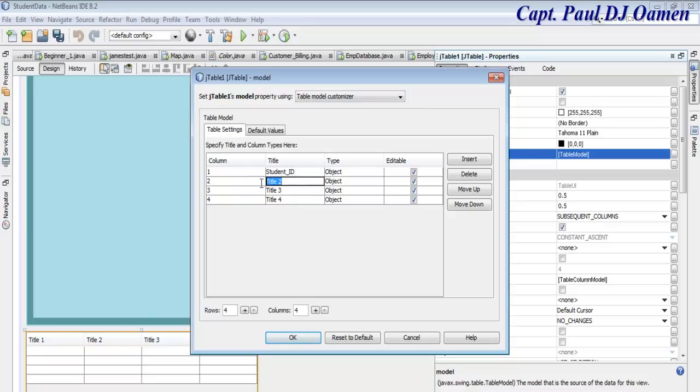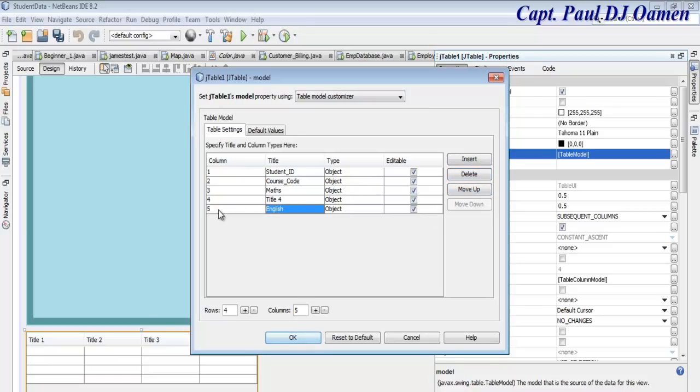This will be course code, underscore course code, and here I'm going to have, let's say we have mathematics there, and we have English here, let's add more